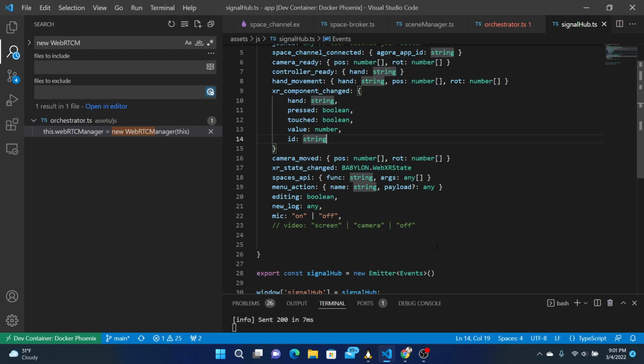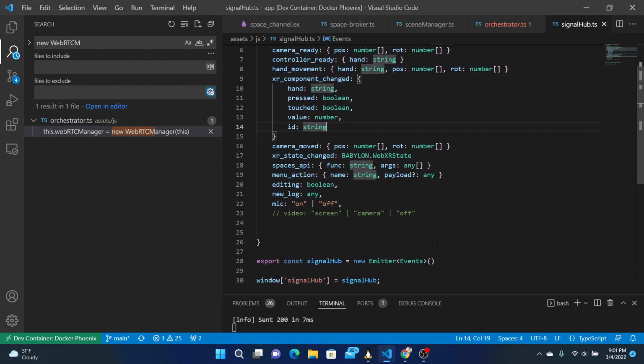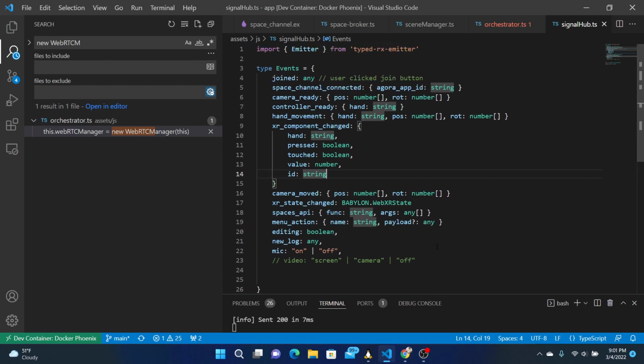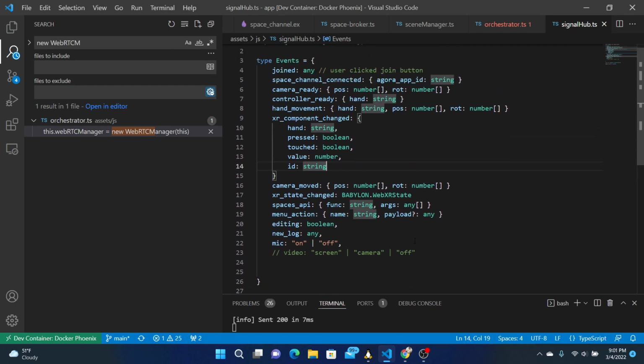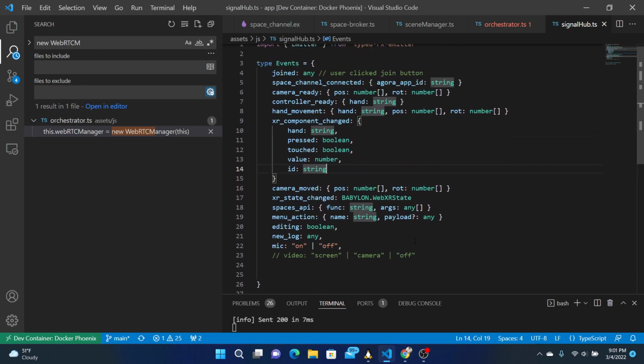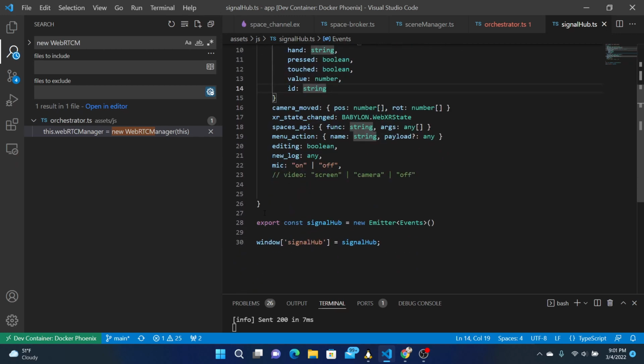That's a big change. Yeah, let's do it. signalHub is a type of signalHub. So